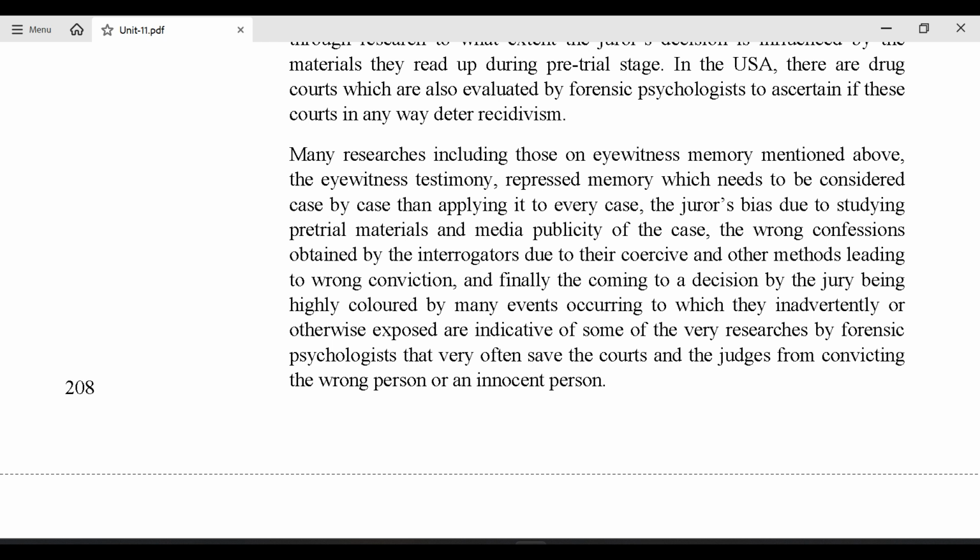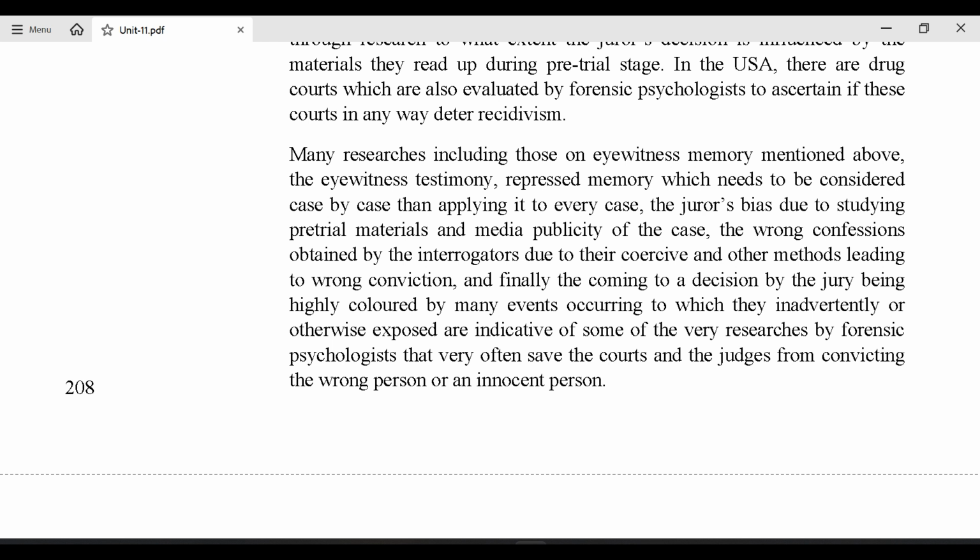In the USA, there are drug courts which are also evaluated by forensic psychologists to ascertain if these courts in any way deter recidivism. Many researches, including those on eyewitness memory mentioned above, the eyewitness testimony, repressed memory which needs to be considered case by case rather than applying it to every case, the jurors' bias due to studying pre-trial materials and media publicity of the case, the wrong confessions obtained by the interrogators due to their coercive and other methods